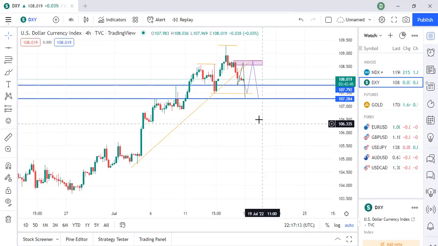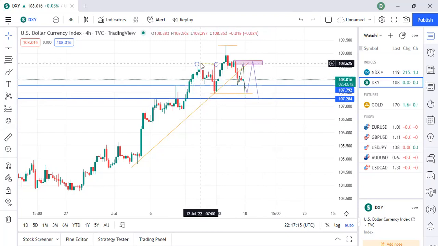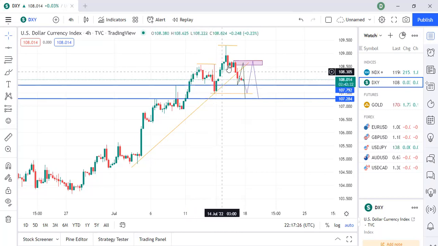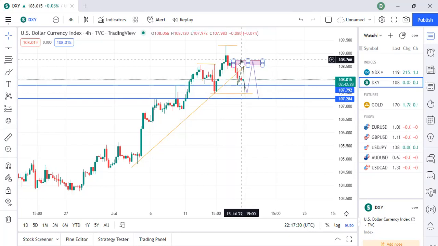Now, last week, if you remember, I told you the market was somewhere here, and that we were going to see a drop in between these two levels, this support level and this support level. So either the market will just touch this level and go up, or it will come in between or even to this level and go up. Those were the two areas I was looking at.